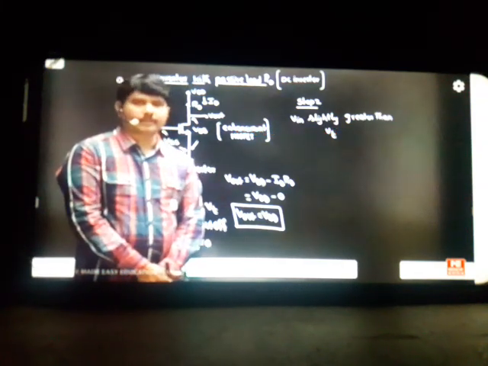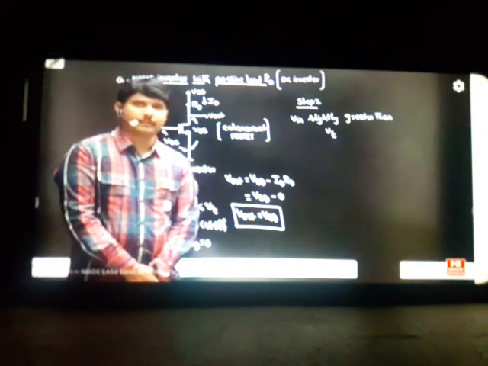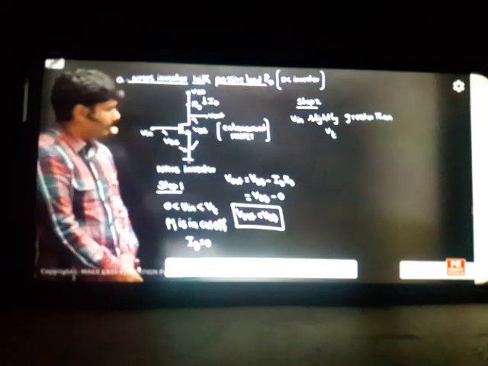Enhancement MOSFET has high switching capacity. Enhancement MOSFETs are good switches compared to depletion MOSFETs, because the diode is an enhancement switch, not a depletion switch. A diode is a good switch. The MOSFET is also behaving in enhancement mode like diode behavior. That's why enhancement is a good choice compared to depletion.